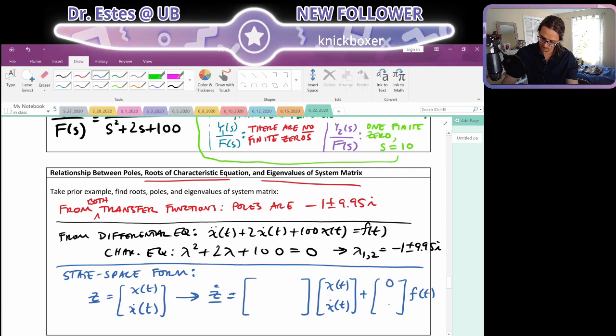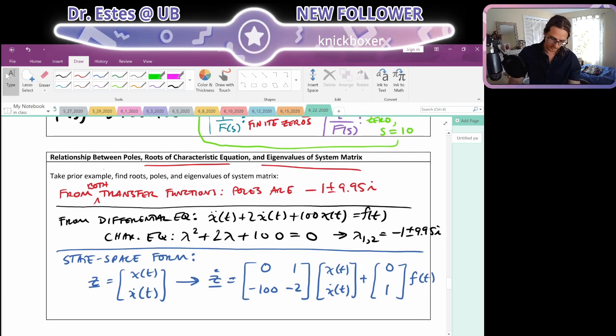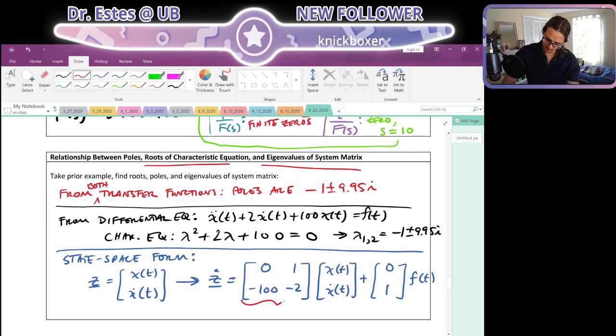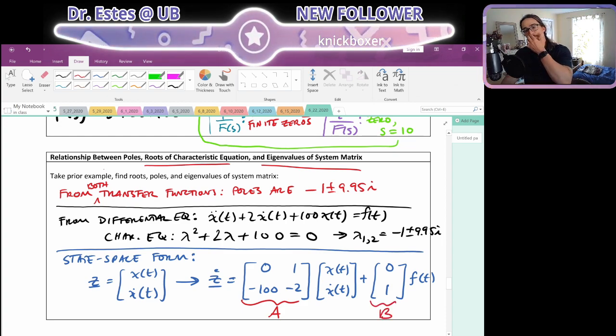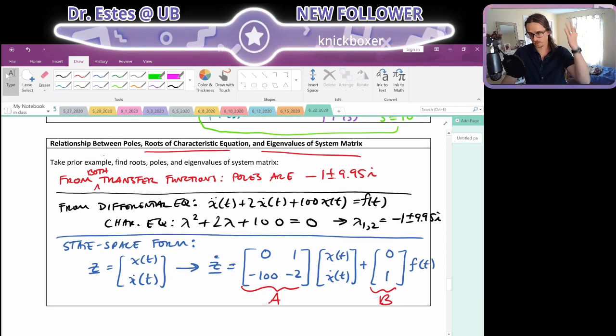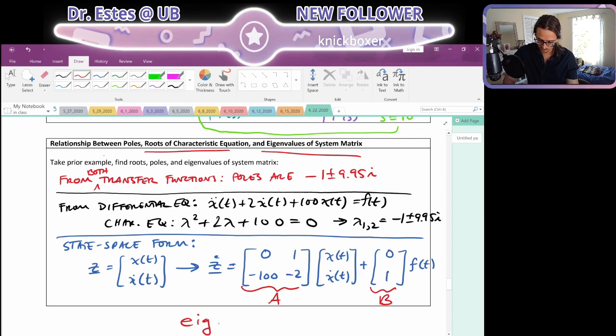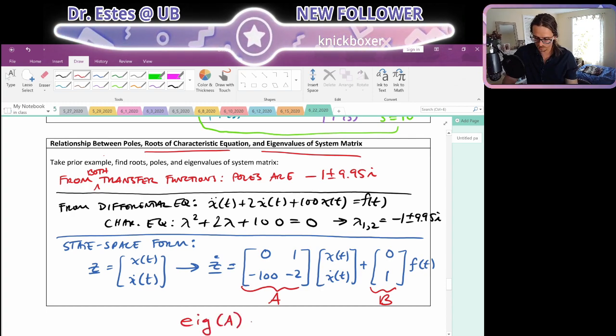So this will be 0, 1, minus 100, minus 2, and this will be A. This will be B. And from state space, you already know what to expect. If I take the eigenvalues of A,